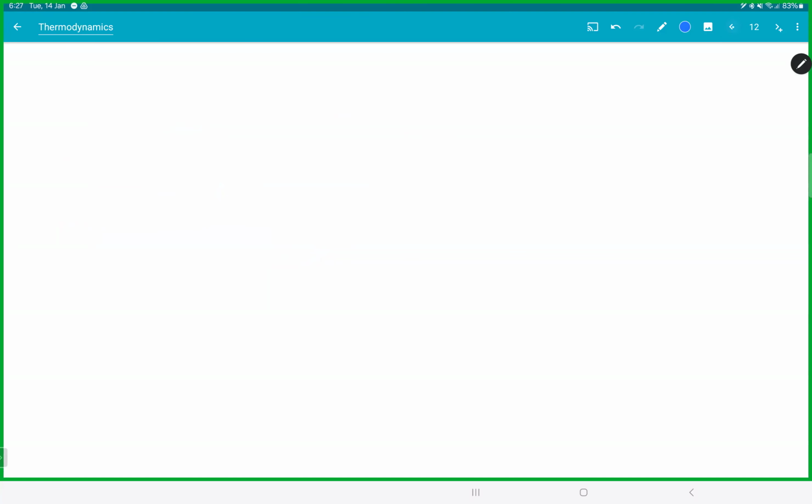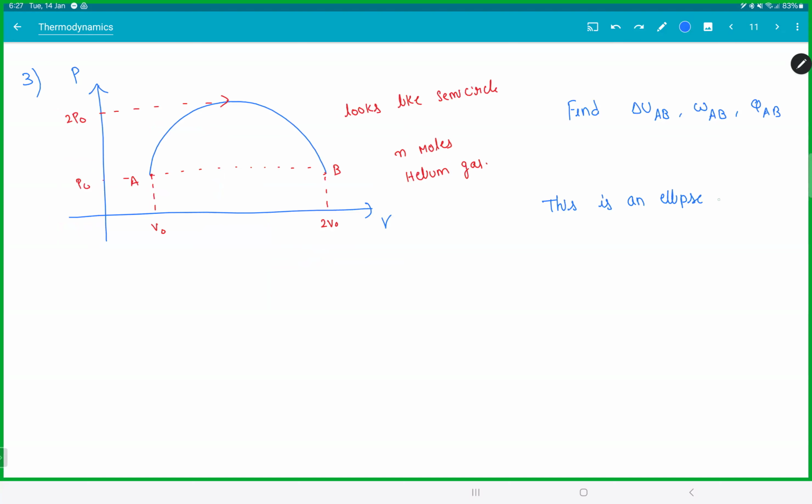A circle is a special case where x and y are both similar. So this is an ellipse since x and y have different quantities. So be careful with that. In this graph, when you see a circle, don't think it's a circle. X and Y have different quantities. So you need to know this information. You will learn this later on in maths. So if you have an ellipse,